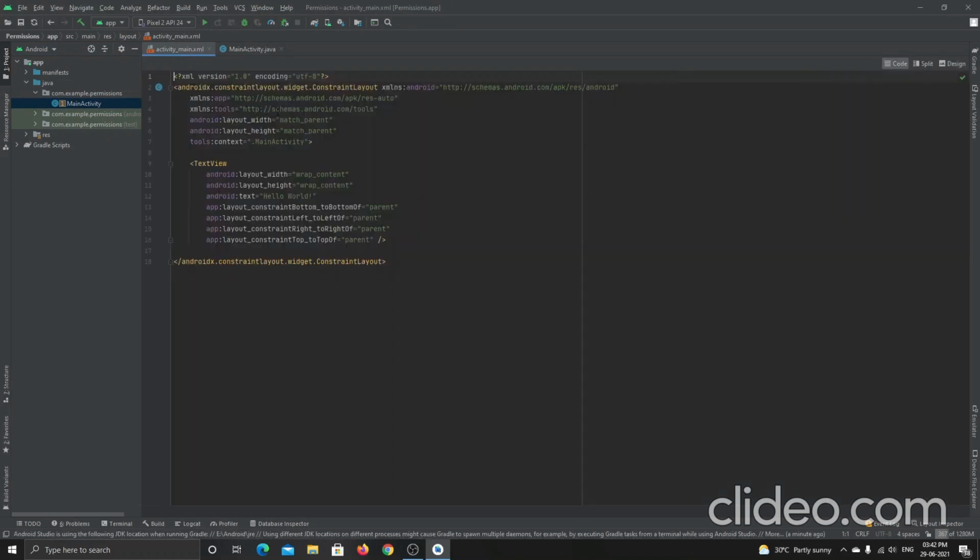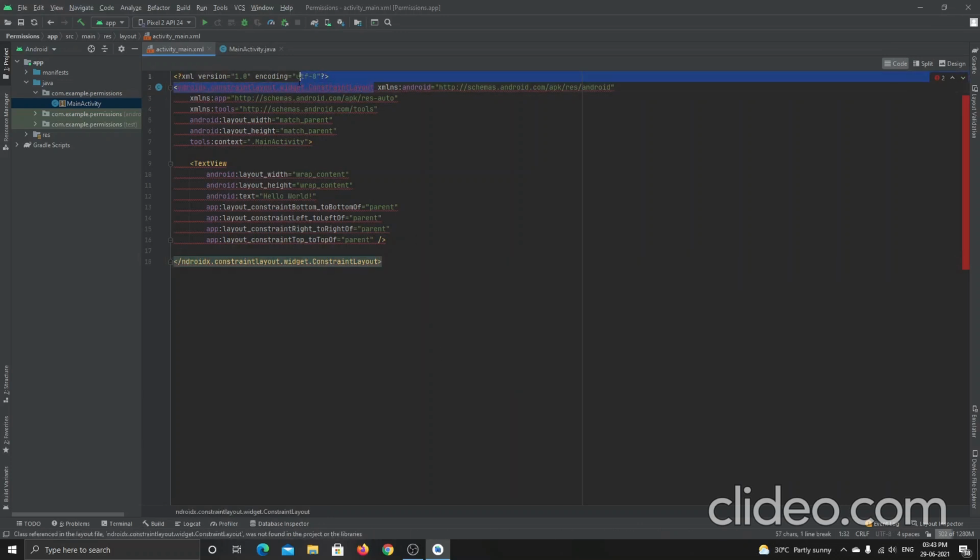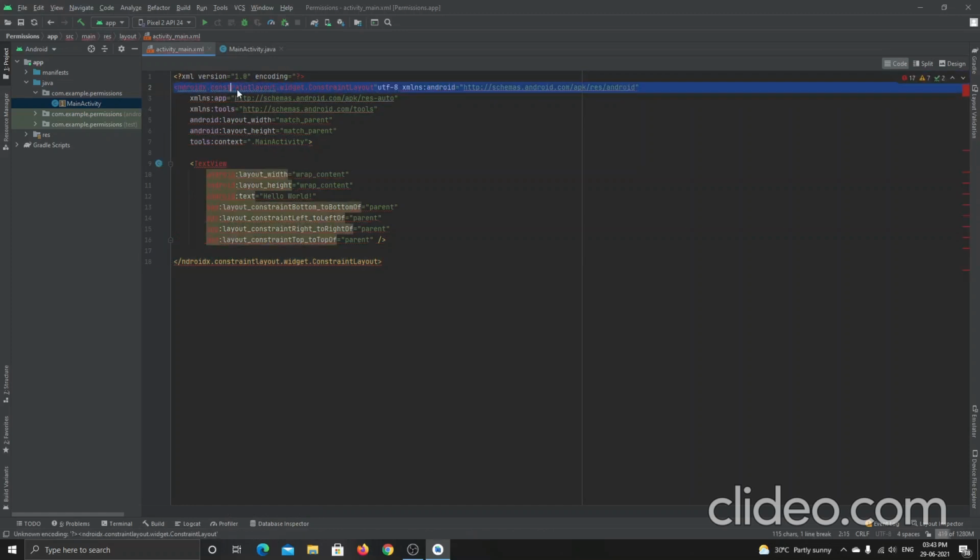First let me go to the coding part and change the constraint layout to this.